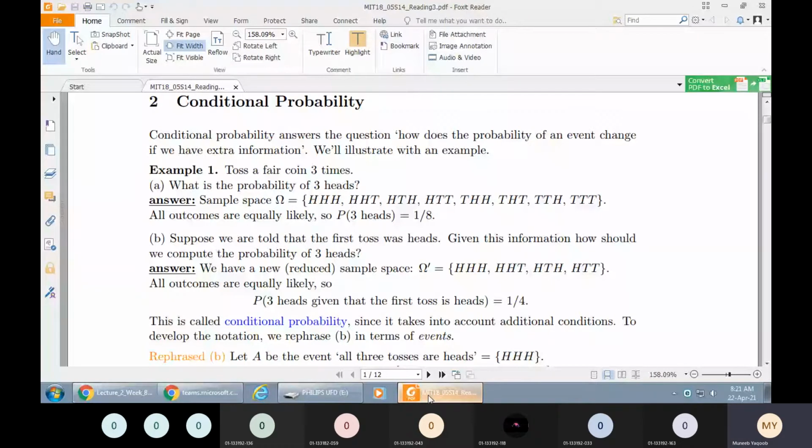Since they have told us that the outcome of the first toss was head, according to this given phenomena, we constructed a reduced sample space. Now we need to calculate the conditional probability, what is the probability that 3 heads will occur. Obviously, in this reduced sample space, there are 4 possible outcomes, and out of those 4 possible outcomes, there is only one outcome where we are having 3 heads. So the answer of the conditional probability of 3 heads given head on first toss is equal to 1